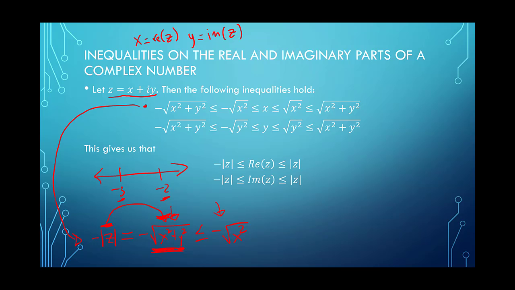Okay. Now, negative square root of x squared is equal, by definition, to negative absolute value of x. So, of course, that's going to be less than or equal to x. It could be equal, depending on whether x is negative or not, but that's certainly less than or equal to x. Likewise, x is less than or equal to the absolute value of x, and again, whether or not equality holds depends on whether x is positive or negative, but that's equal to the square root of x squared by definition. And then lastly, this is certainly less than or equal to, so if we take x squared here and we add something positive underneath the square root, we certainly have this inequality here.